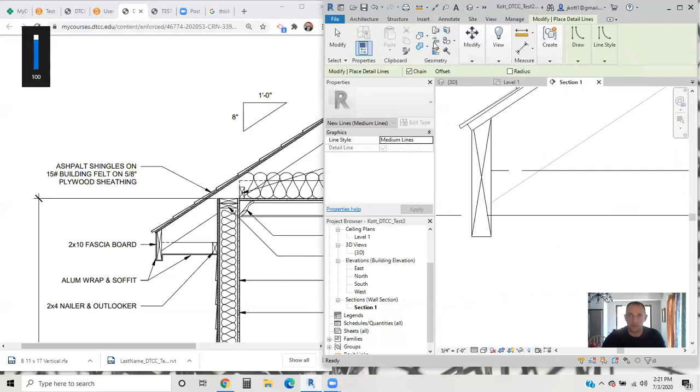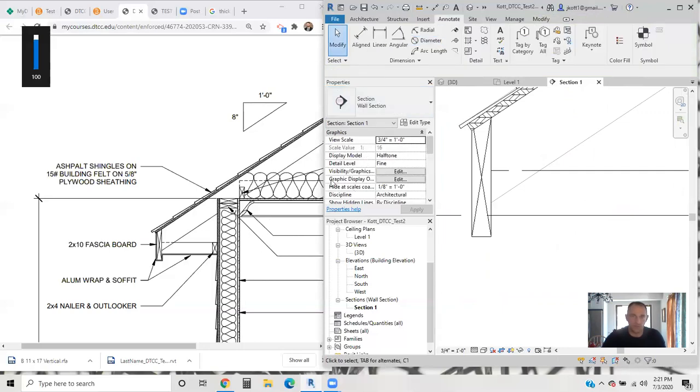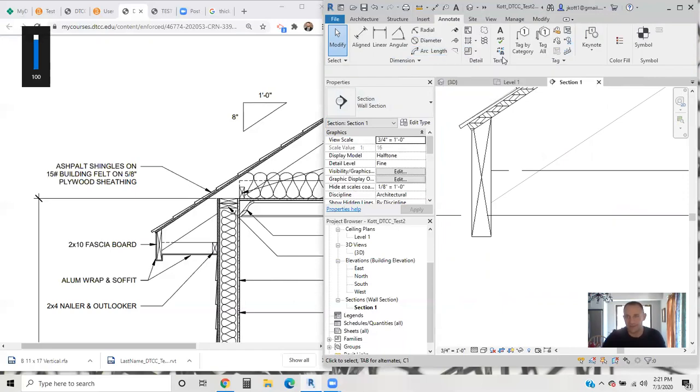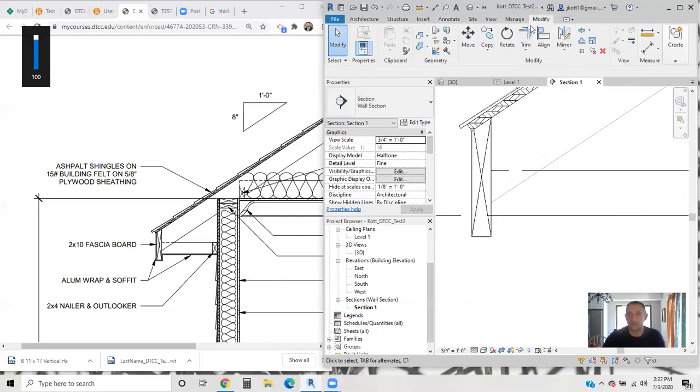All right, and now we want to draw in an aluminum wrap. So the aluminum wrap has some thickness to it that is very thin. You know, it's like millimeters thick aluminum. But just for our clarity purposes, so that we can see it, we're going to offset that line that we just drew to 1/8 of an inch, so that you can see that there is something around this